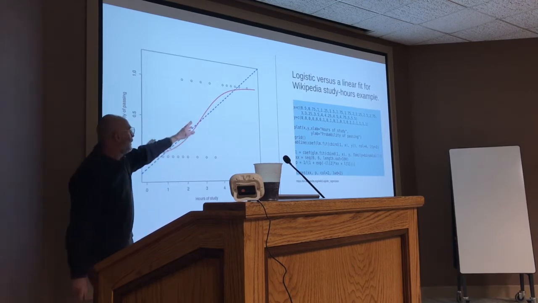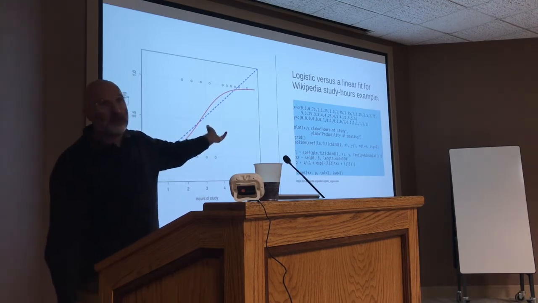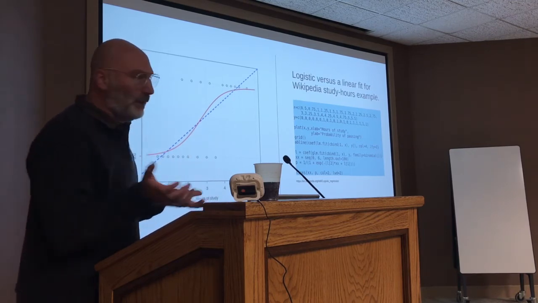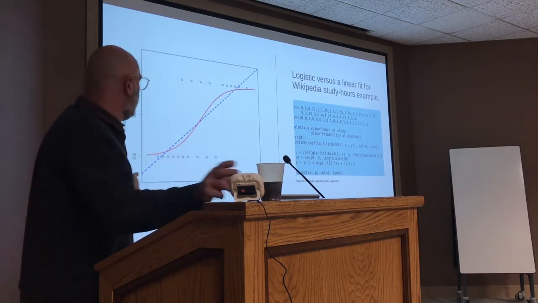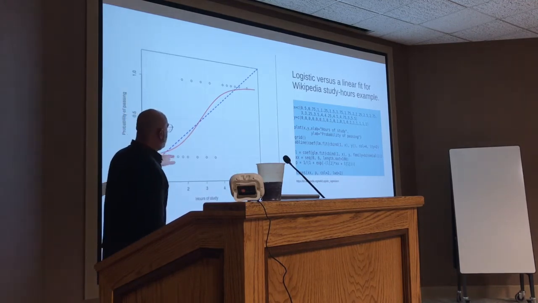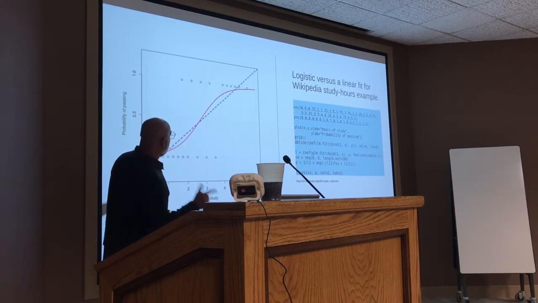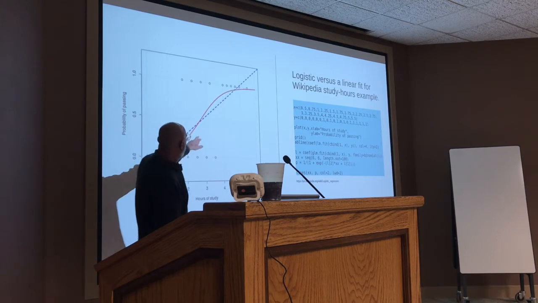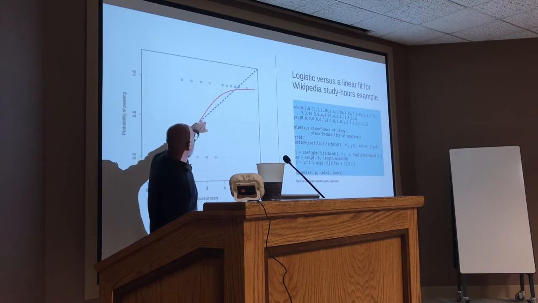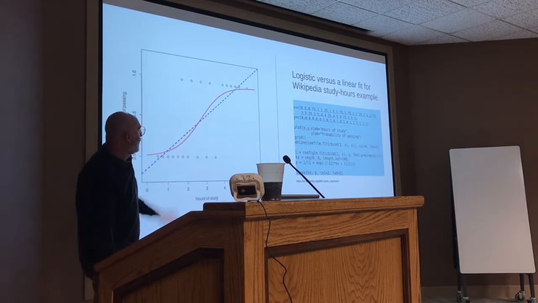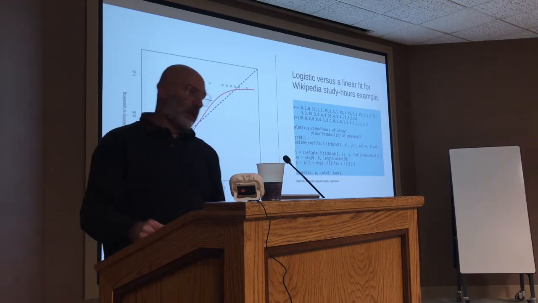And we can fit a linear model to those. That's the dotted blue line. It works, right? You can do it. Actually, this is an interesting example because the linear model works reasonably well. It fairly well describes the data. If you think about the model instead of being pass or fail, but as a probability of passing or failing, it's not bad, right? If you made a cut right at the midpoint, a half, and said everybody with a model value above that's going to pass, and everybody with a model value below that's going to fail, the linear model actually does a pretty good job of predicting the output in